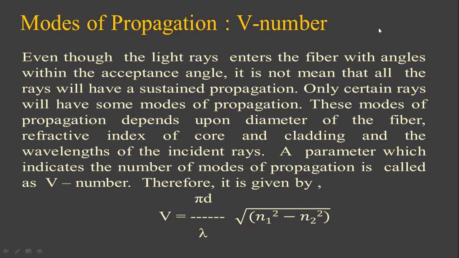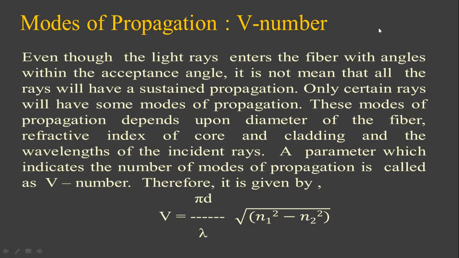Only certain rays will have some modes of propagation. These modes of propagation depend upon the diameter of the fiber, refractive index of core and cladding, and the wavelength of the incident rays. So a parameter which indicates the number of modes of propagation is called the V